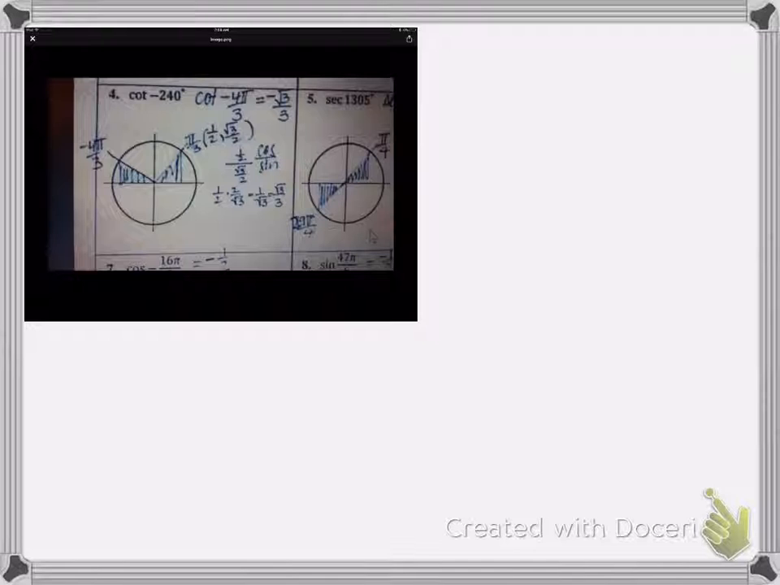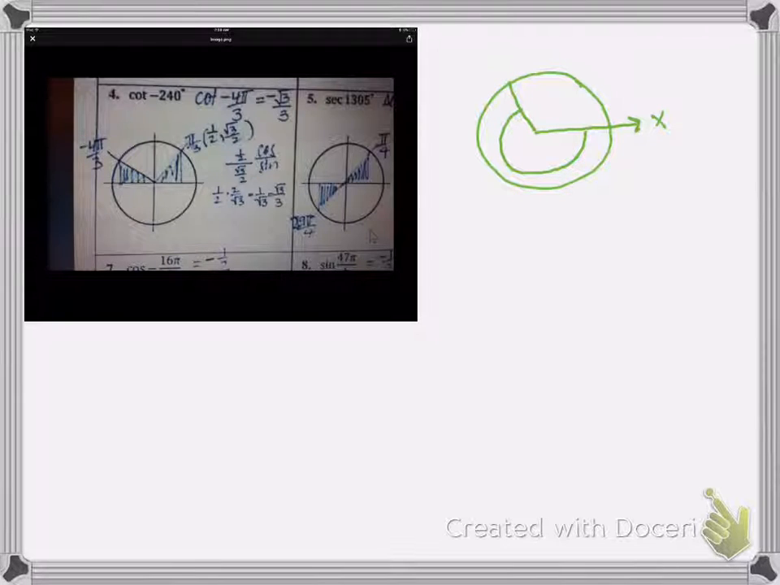Now, negative 240 degrees, when you look at a unit circle, you know that when you measure angles on the unit circle, you start at the positive x-axis, and if you wrap around the unit circle counterclockwise, you're finding positive angle measures. If you wrap around the unit circle clockwise, you're finding negative angle measures. So if we want negative 240 degrees, we have a couple of options. We can wrap around the unit circle clockwise until we've gone negative 240 degrees, which would be